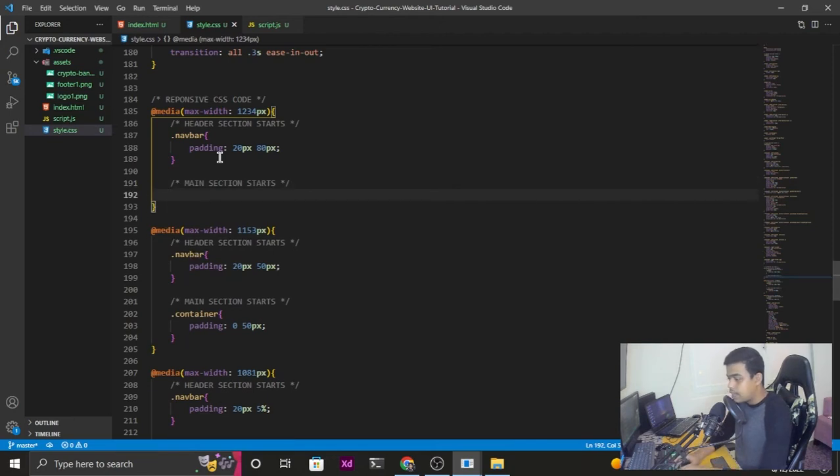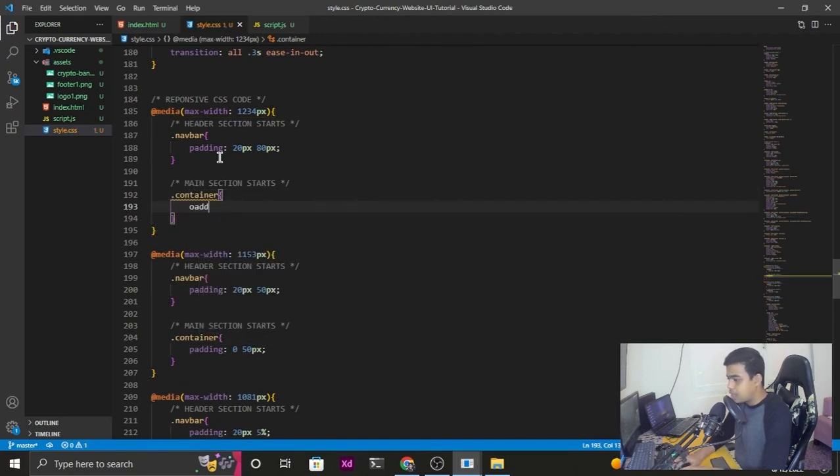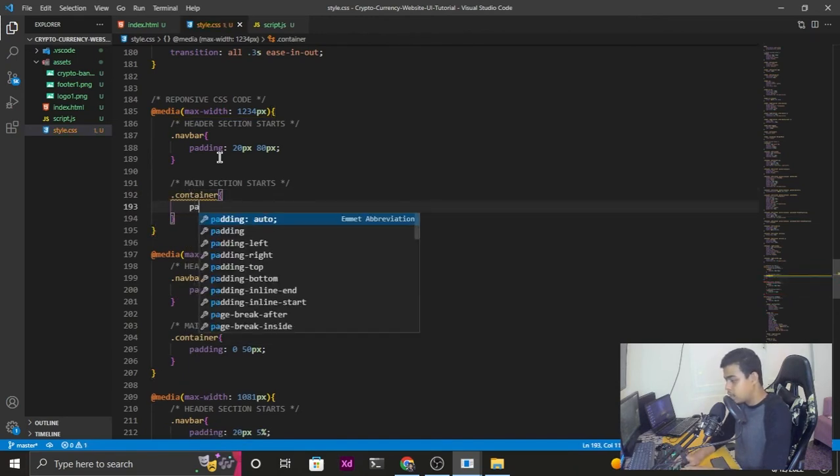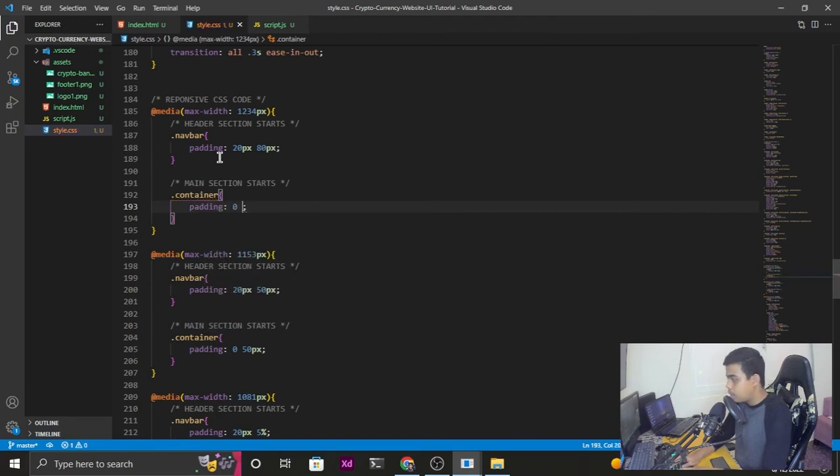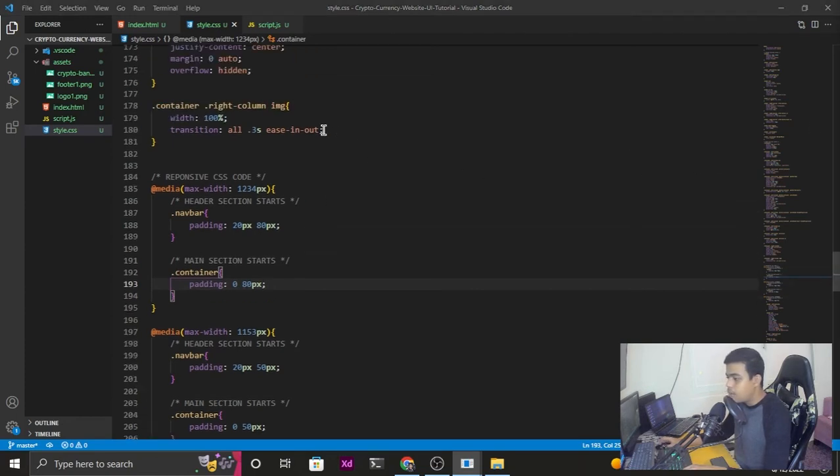So now in this media query, I'm gonna select my container, and I'm gonna change the padding. From top and bottom it's going to be 0, from right and left I'm going to be changing it to 80 pixel. Now we are going to be writing another media query that is going to be